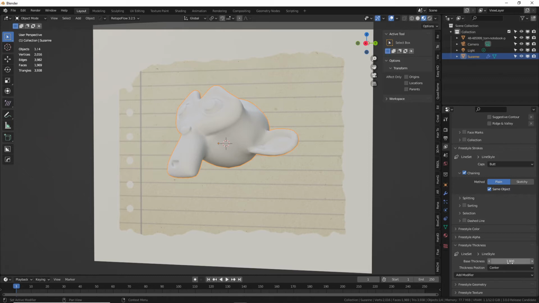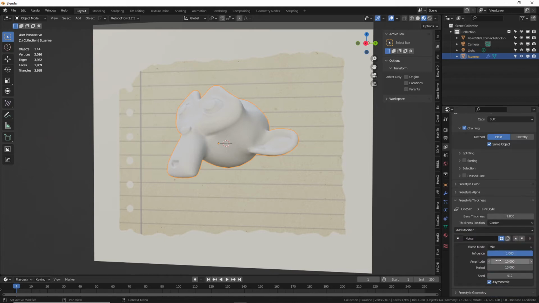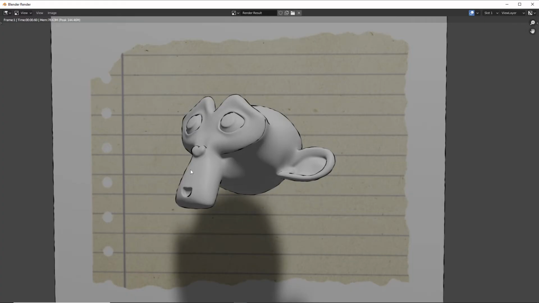Just play with values. 3 is too thick when you add the noise to it. So now we're going to add a modifier, and we're going to add some noise. And then this amplitude of 10 is way too high. So let's turn this down to 1. So now let's see what happens. So now you get these nice sketchy lines around the outside of your object, or on any things that you